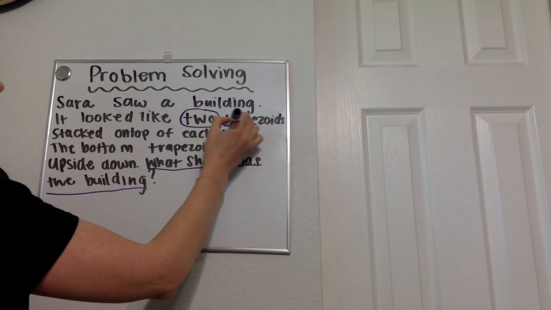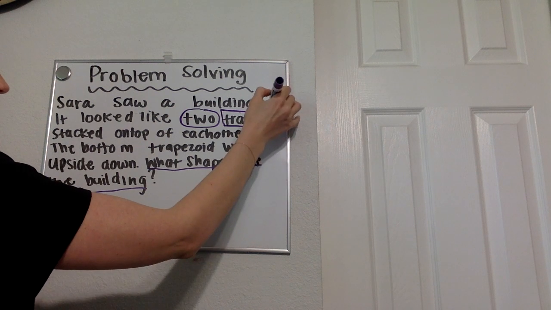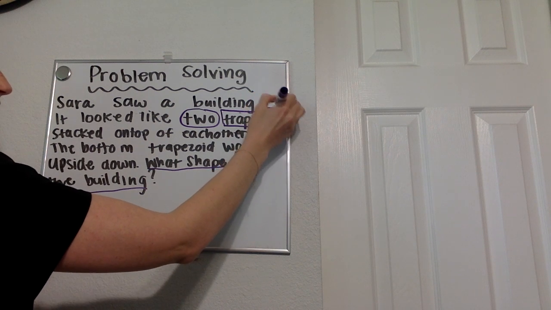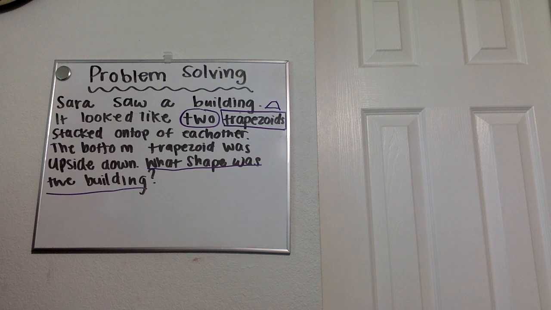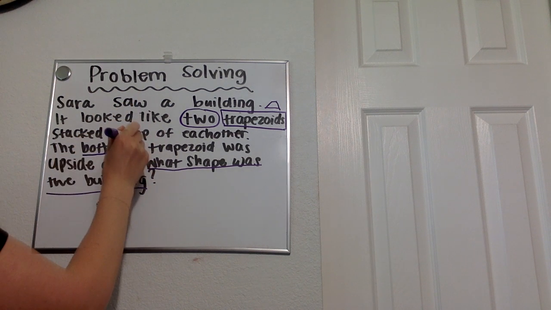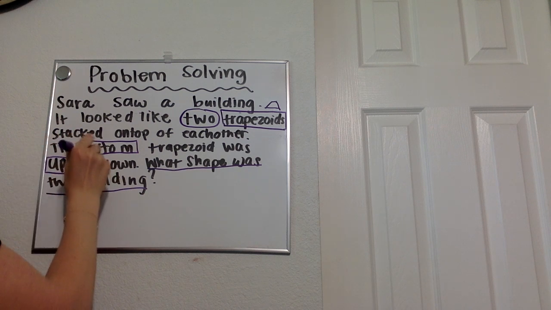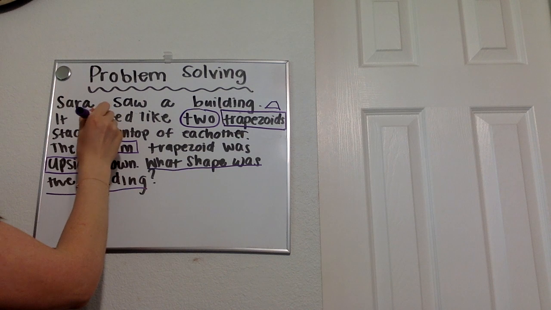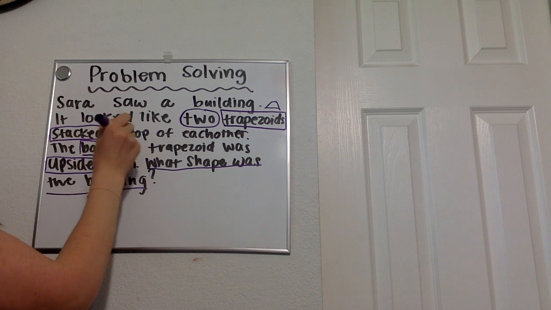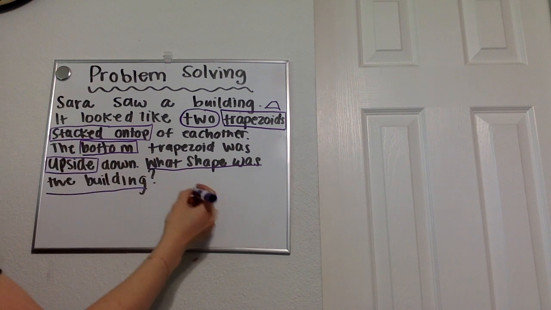So I know trapezoids are going to be really important. And here's my little trapezoid to remind me. 4 sides. One side is longer and one side is shorter. And then, what else do I need to know? Oh, I know the bottom trapezoid is upside down. And I know that both trapezoids are stacked on top of each other. Not next to each other, but one is on top of the other. So, my first trapezoid,